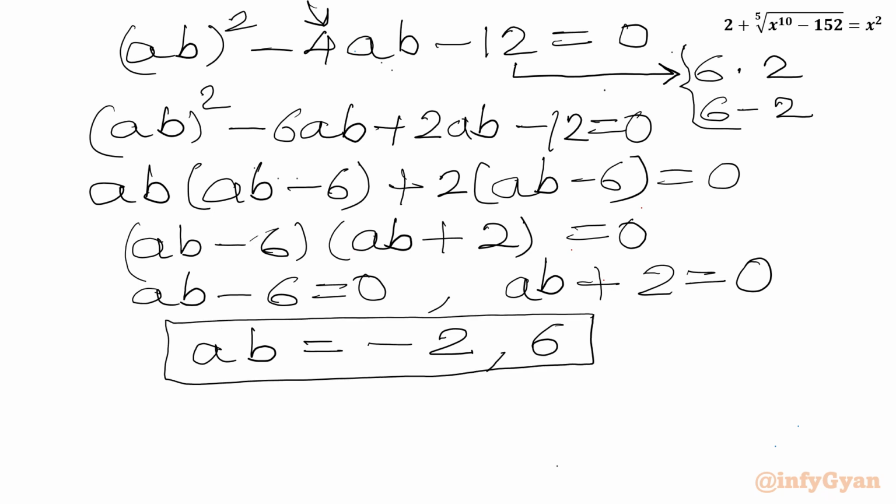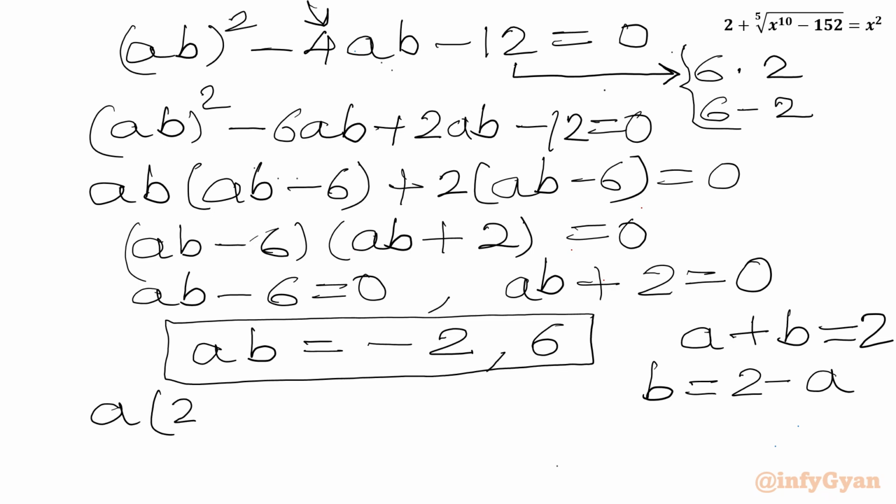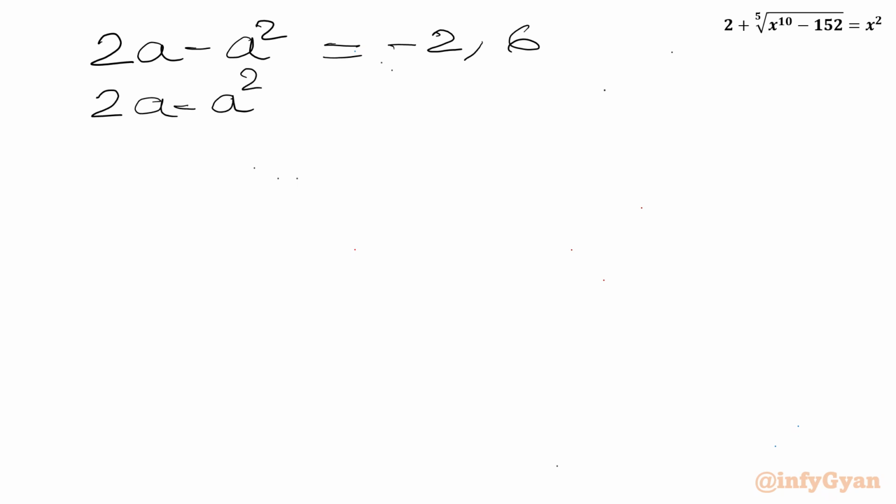Now we had the equation A plus B was 2. So from here I can write the value of B will be 2 minus A. So I can write here A times 2 minus A equal to negative 2 and 6. So we can write 2A minus A square equal to negative 2 and 6. Now I will write 2A minus A square equal to negative 2 and second equation 2A minus A square equal